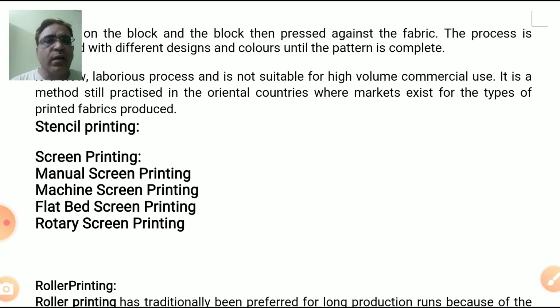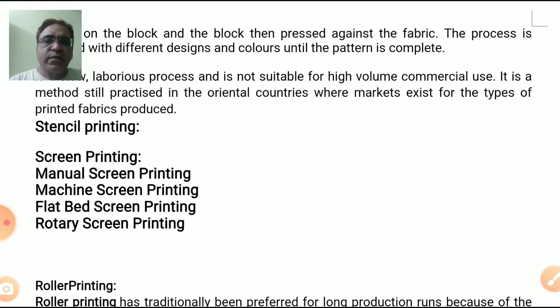We place the stencil on the fabric and then apply the color on the fabric with the help of paint and brush. So it is normally a craft work which cannot be used commercially. In the olden times, when we wanted some variety of motifs, variety of prints, in a playway method we could use this method, and even till today it is also used as a craft work method for making different kinds of design on the fabric.